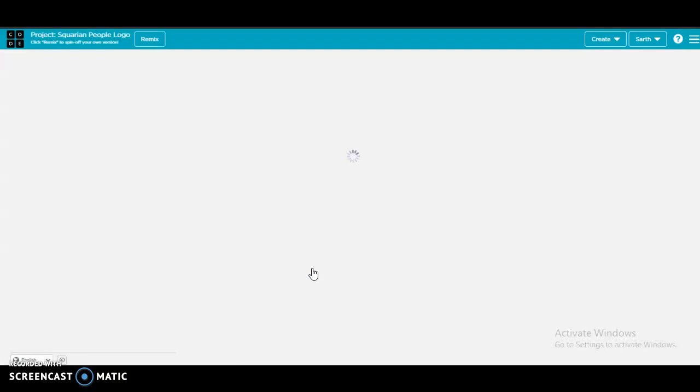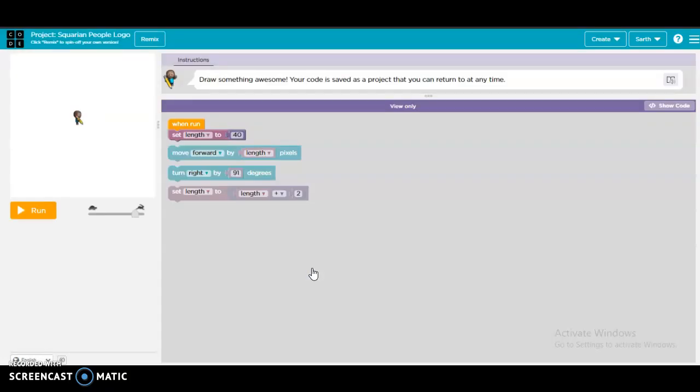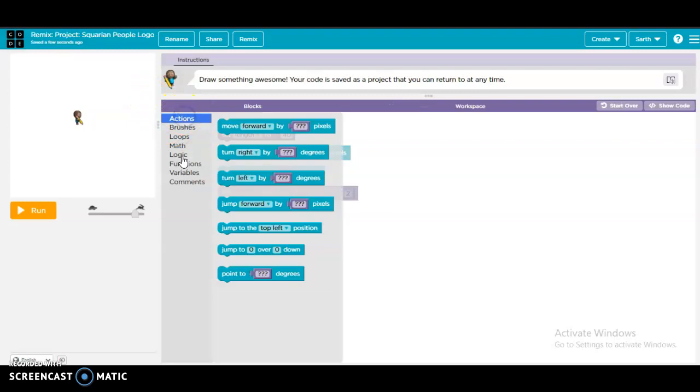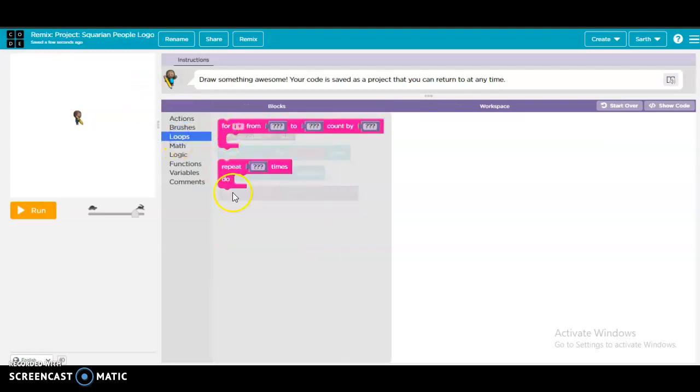and do rematch and do sign in. I have done sign in already and I will do rematch. Okay, I will do it, and then this command is already done. I will go in loop and I take repeat loop,